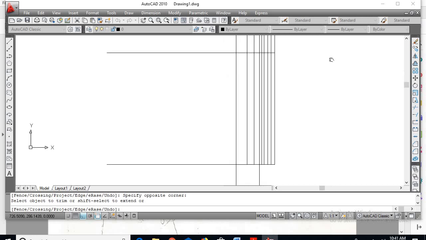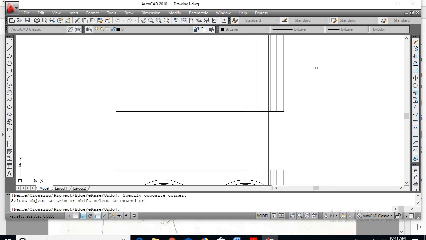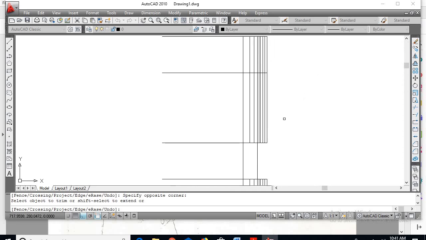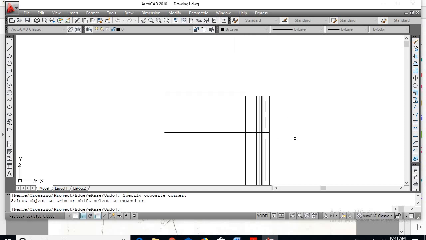So similarly here also we can trim, so keeping only 1 line. Okay, so how many lines have to be trimmed? 1, 2, 3, 4, 5. So trim 5 lines. So 1, 2, 3, 4, 5. So remove this.